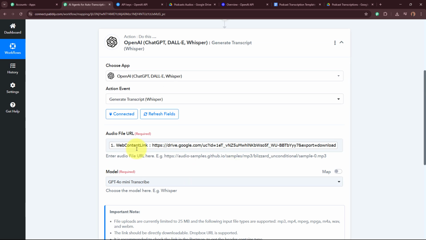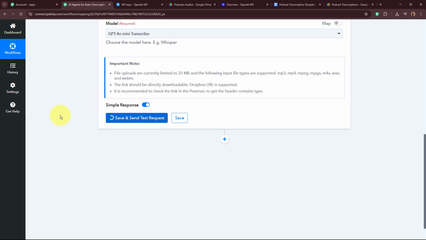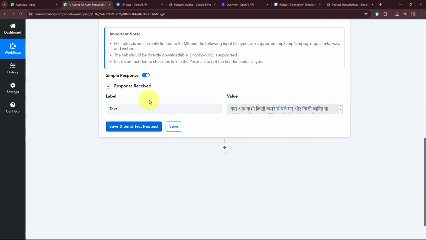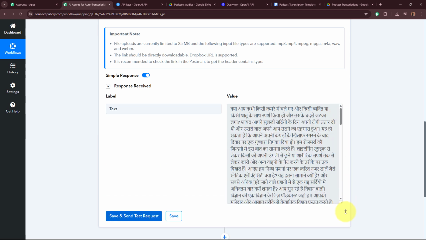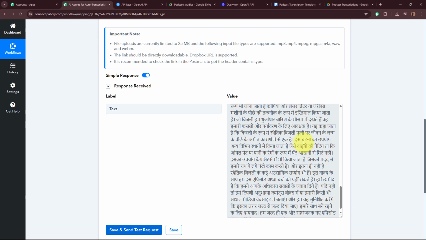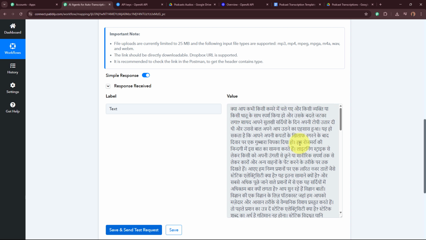Now after entering all these required details, I'm going to click on the save and send test request button right here. Now as I do that, within a few seconds, I have received the message of text right here. And if I scroll down, this is the transcription of the file that I have uploaded in my